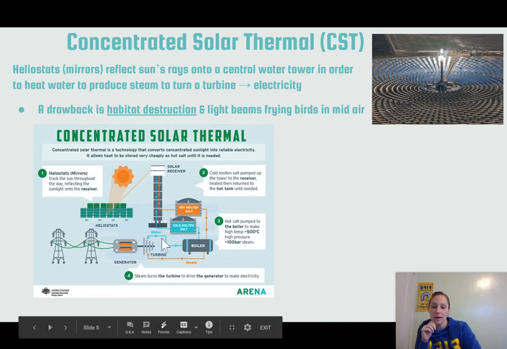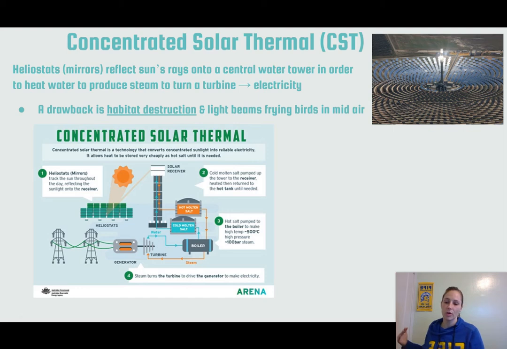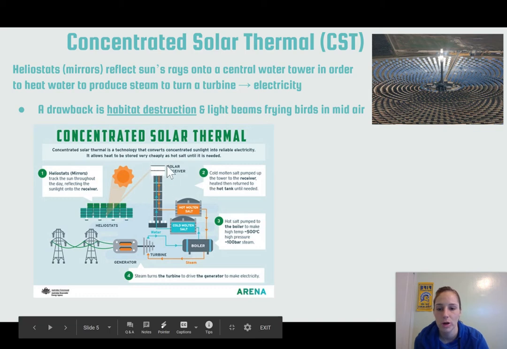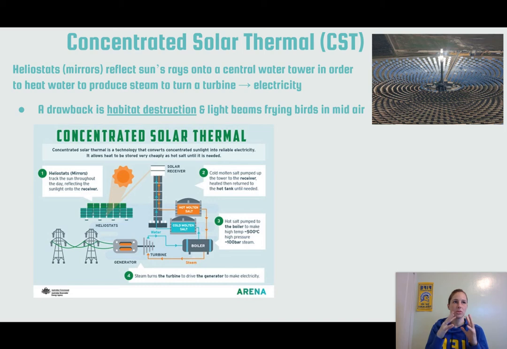So this is going to be a bit of how this works. As you have the heliostats, they're going to direct all of the light energy to a central point. Now you've got this solar receiver on top of the water tower, and that's usually going to be filled with some sort of salt concentration, like a salt water thing,